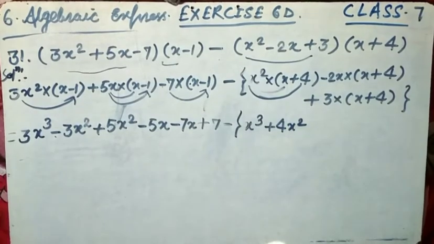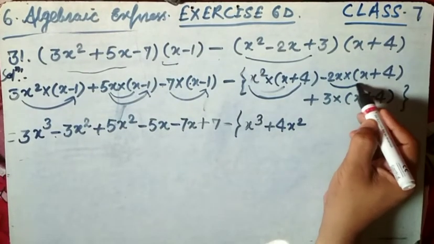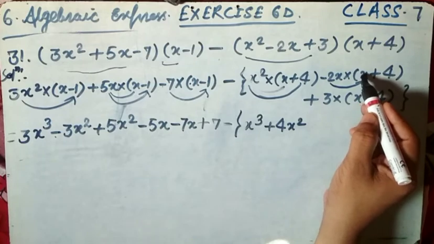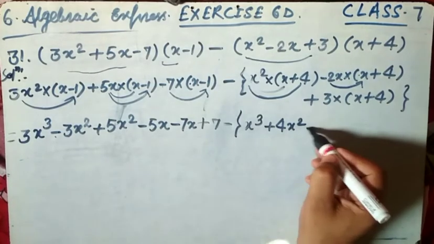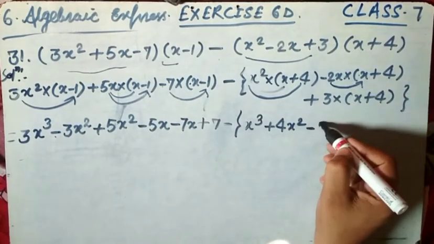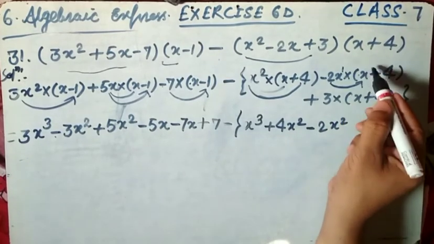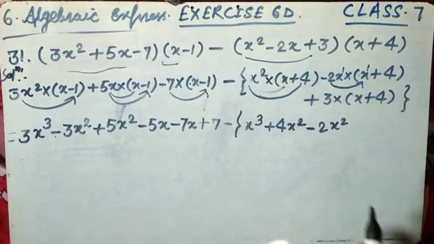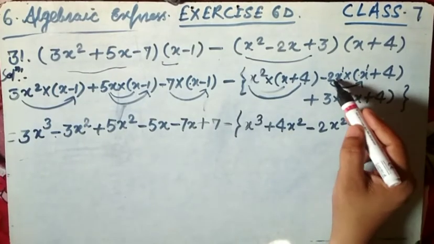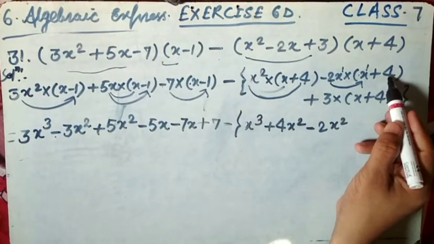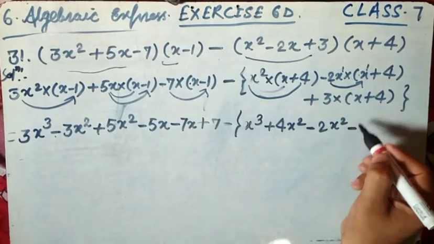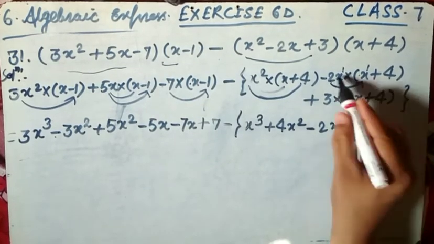Okay, now here have a look, this minus 2x is multiplied with plus x, here is the plus, here is the minus, minus into plus minus 2 and x into x square. Why? Because here is the 1, here is the 1 exponent, add the exponent, write the single base. Okay, now next, minus 2x is multiplied with 4, plus into minus minus, 2 4s are first 8, then x as it is.